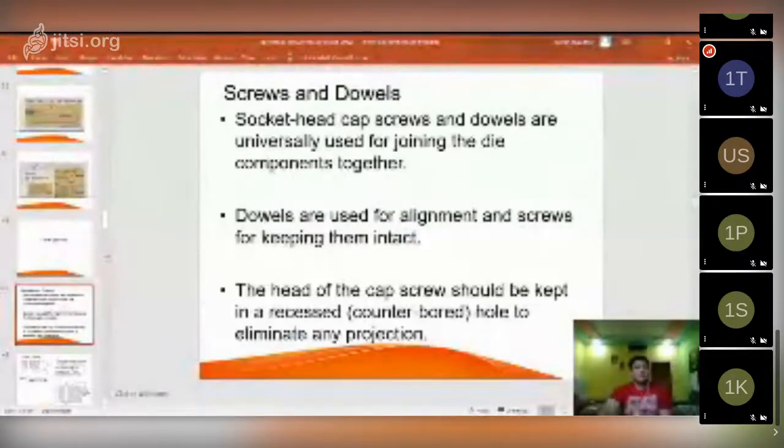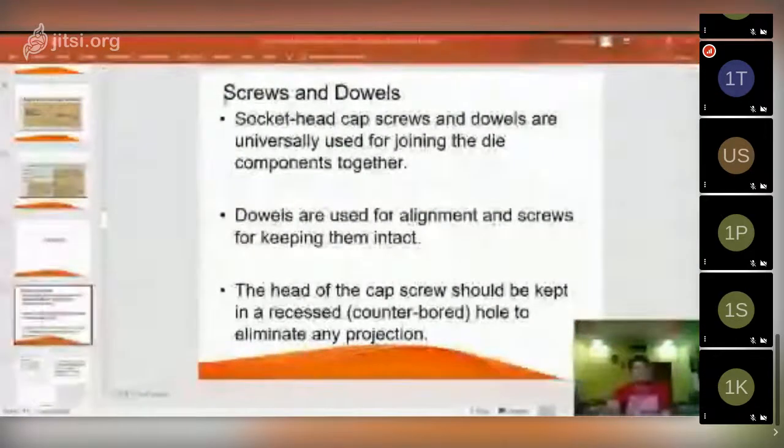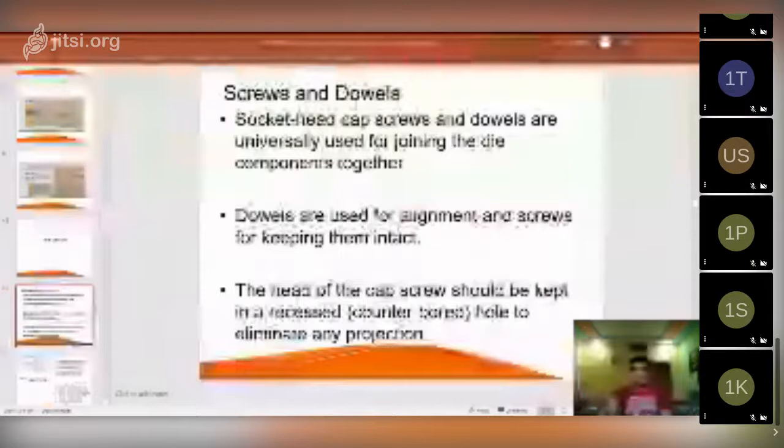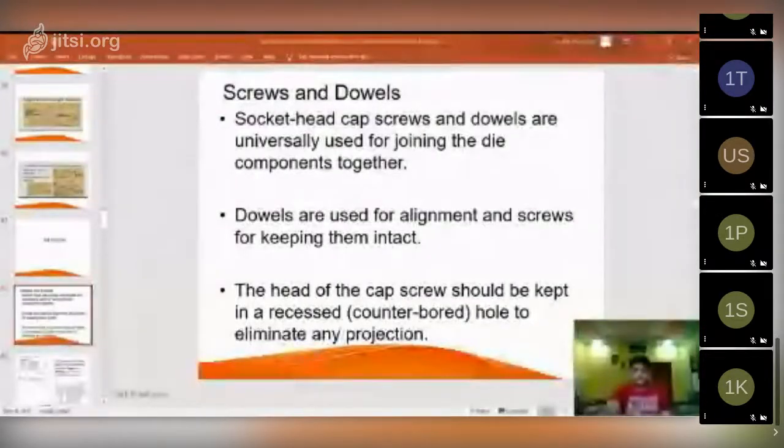So the first part of your complete assembly, due to which it is not assembled at one place: those are screws and dowels. Screws and dowels are the important parts in your die designing or press tool designing.